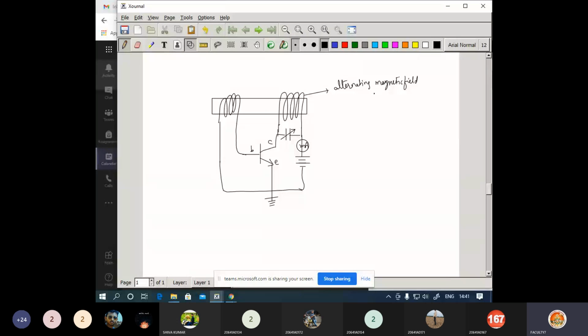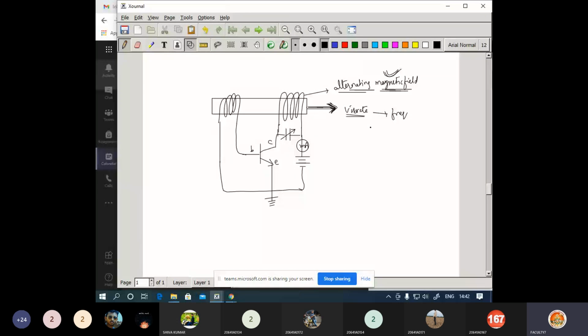Now due to this particular alternating magnetic field, what we can expect is that this rod, which is already a permanently magnetized material, is going to vibrate. It will start vibrating. The vibrations will have a certain frequency. We are entering the concept of ultrasonics now. So we had generated the alternating magnetic fields, and as the alternating magnetic field is generated here, this rod is going to vibrate. You will experience the vibrations in this particular rod.